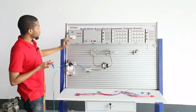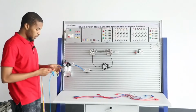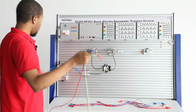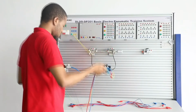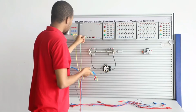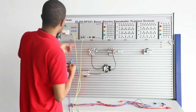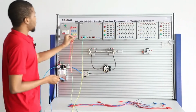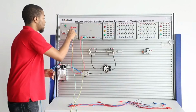Firstly, you have to make sure this QF switch right here on the AC module is off in order to ensure safety. The first terminal you want to connect is the PE terminal to the PE terminal on the DC module, and the next terminal you want to connect is the L terminal to the L terminal of the DC module, and lastly connect the N terminal